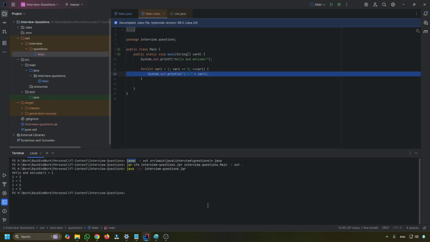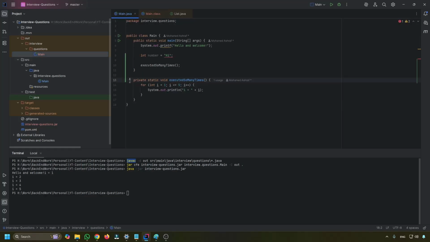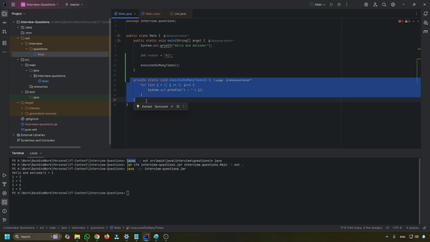And the Java virtual machine reads and interprets the Java bytecode that we have at runtime using an interpreter. With just-in-time compilation, as the program runs, it's going to identify the hotspots. The hotspots are areas that are frequently executed, and we have just mentioned that if something is executed so